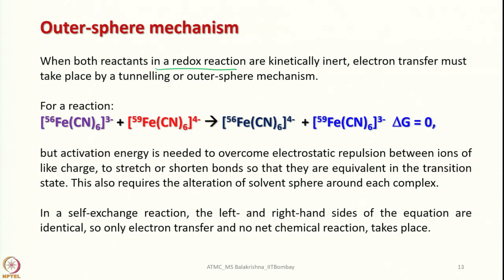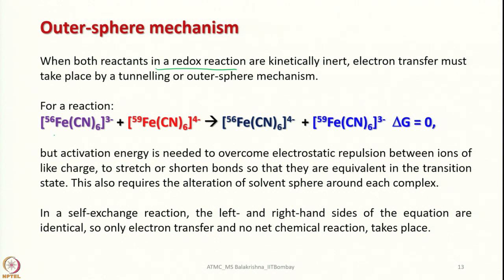So, here we do not have any ligand to establish a link between two metal centers. Of course, they are in solution, but the electron should go from one to the other. The reducing species gets oxidized and the oxidizing species gets reduced, and between them, without establishing a covalent linkage, the electron should be transferred. If that happens, we call it the outer sphere pathway or outer sphere mechanism for such electron transfer reactions.